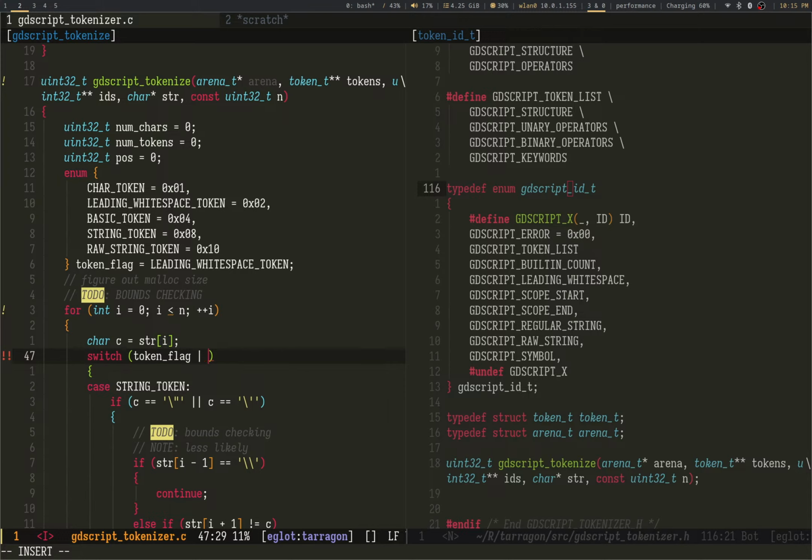You know what I'm going to do. Card token. Don't make a macro.